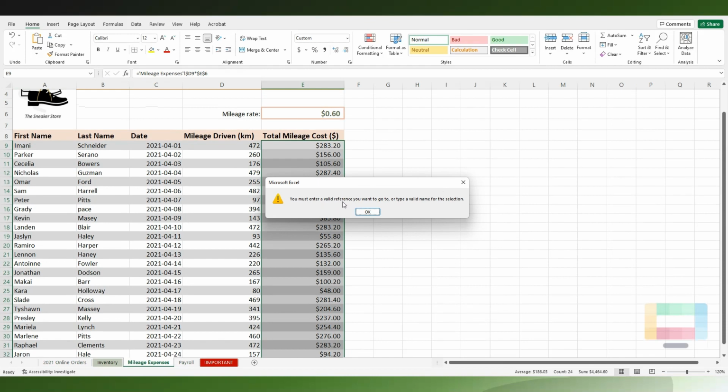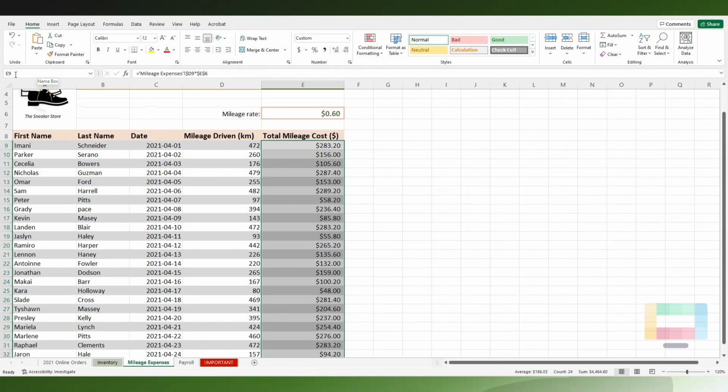for invalid reference. Now, that's because with named ranges and using the name box, you cannot start a name with a numeric value and you cannot use spaces within the name box, right? So to rename it the correct way, it would have to start from April underscore mileage underscore 2021,